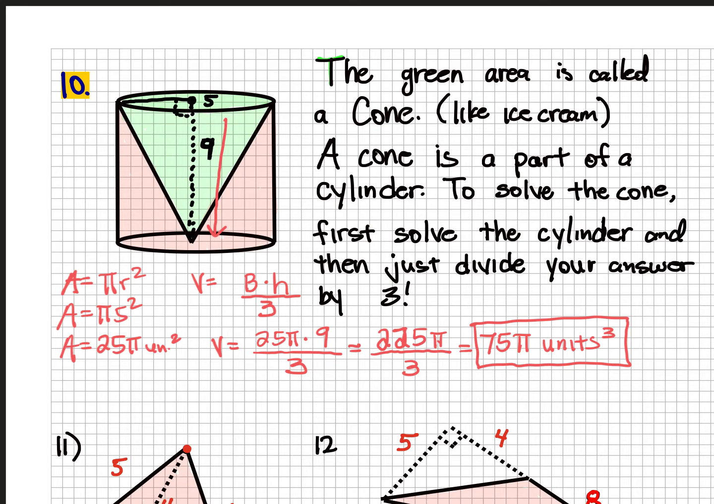So if you're ever doing a cone, it's just part of a cylinder. So you just do it exactly the way that you would before, but cones are just 3 times smaller. Like when you go to the ice cream store and they say, do you want a cone or a cup? If they were exactly the same size, you would want the cup, because the cup would give you 3 times more